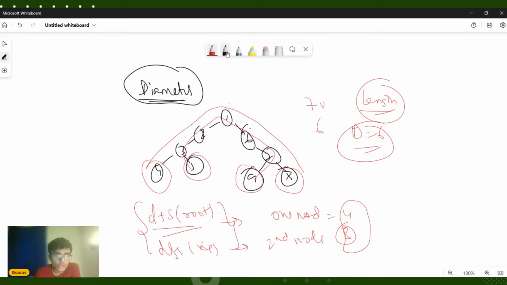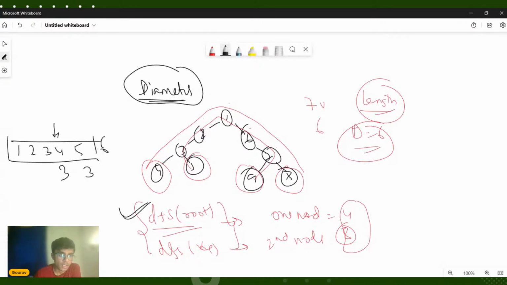Now we also need to keep a distance array. Why a distance array? Because it will help you keep track of the distances. Once you run the DFS from the root, this is basically the distance array, where the node numbers are present here. After you run the DFS, for every node you will get the distance from the root node. So 4 is present at a distance of 3. 5 is also present at a distance of 3. Similarly for 6, 7, 8, 9, you can fill in all these values.